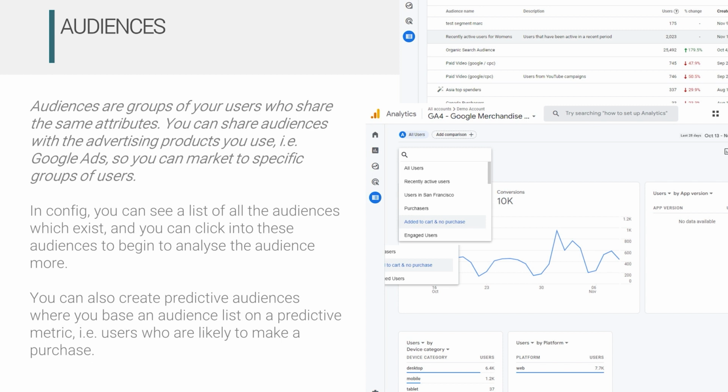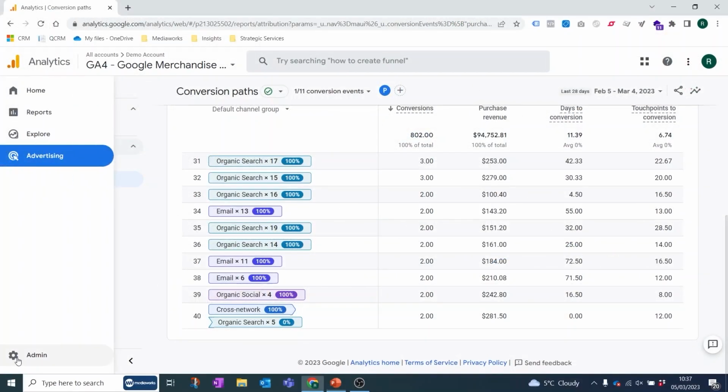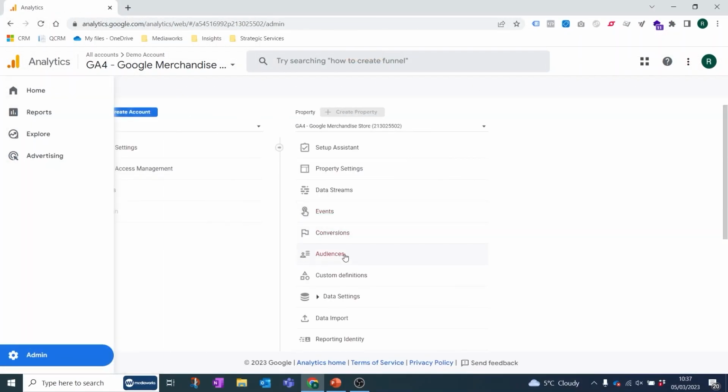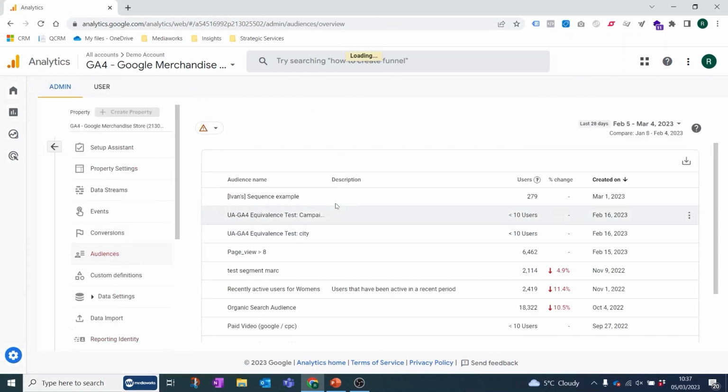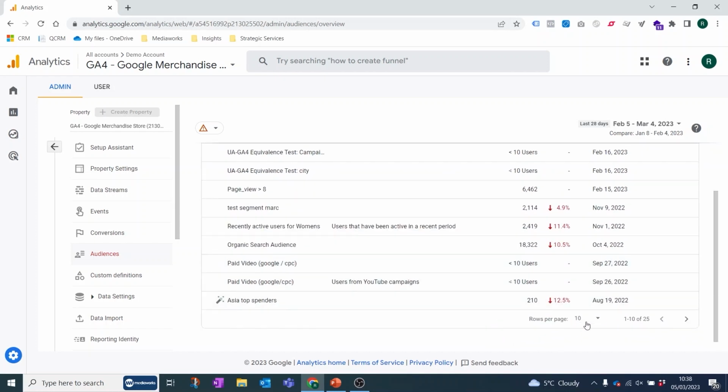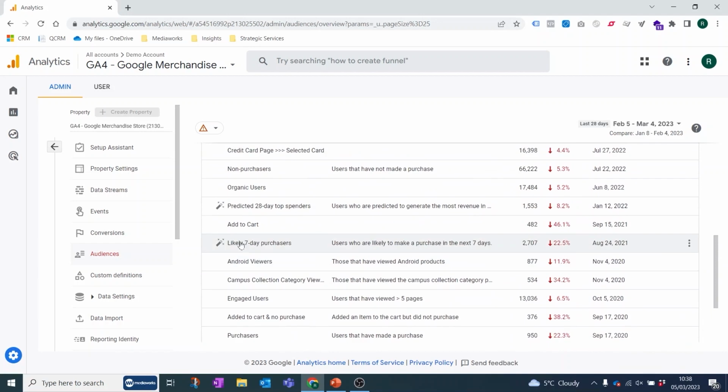Google Analytics 4 also has some predictive elements to audiences, which allows you to create an audience list based on these predictive metrics. For example, in an e-commerce example, it might be users who are likely to purchase. So if we go into admin and go into audiences, you will see that there are audiences already in place, and anything with a little magic wand at the end are your predictive audiences. And then, for example, if we were to click into them,